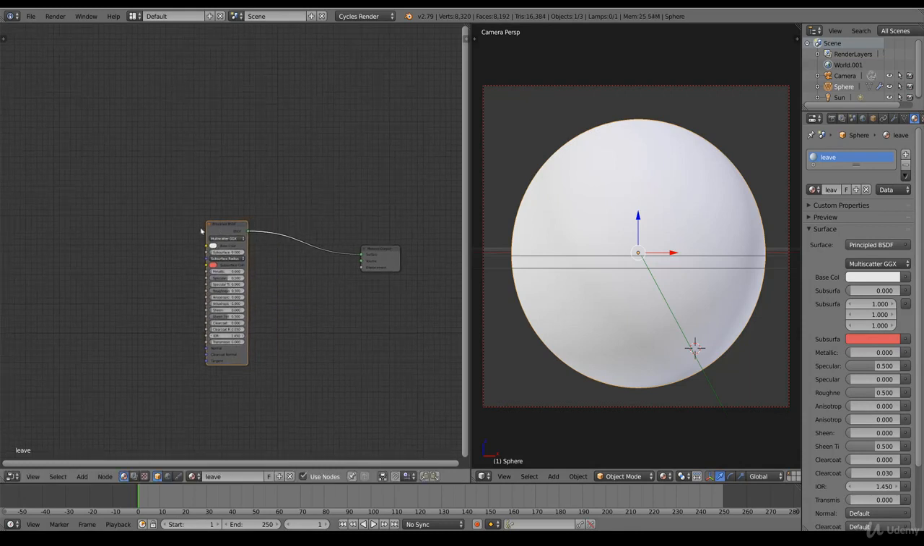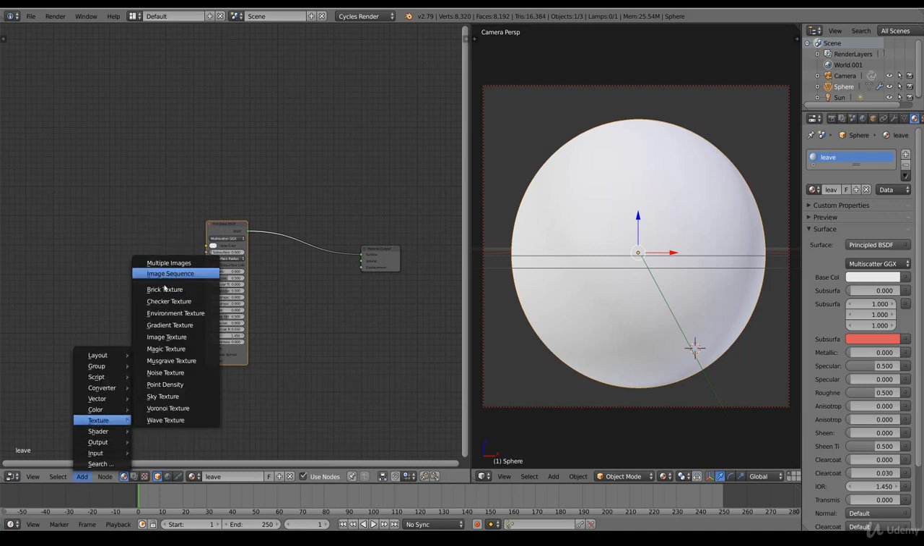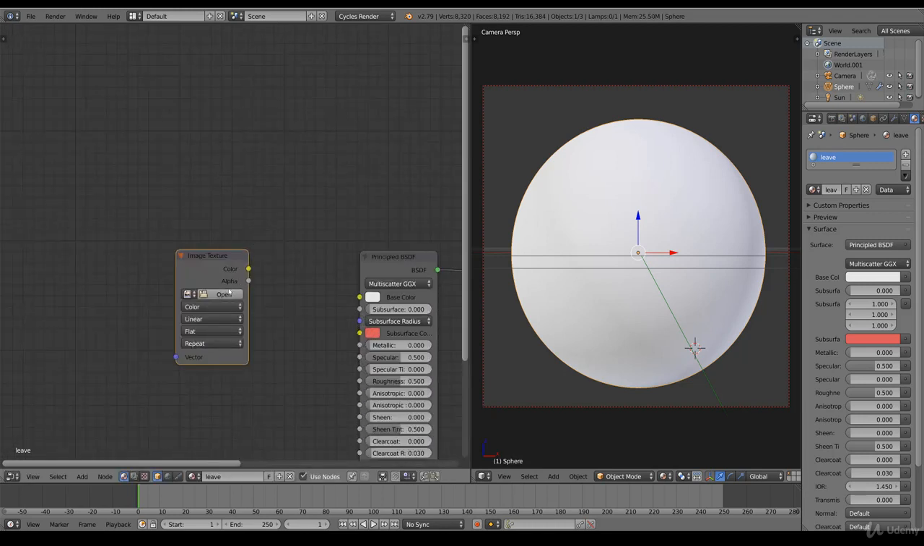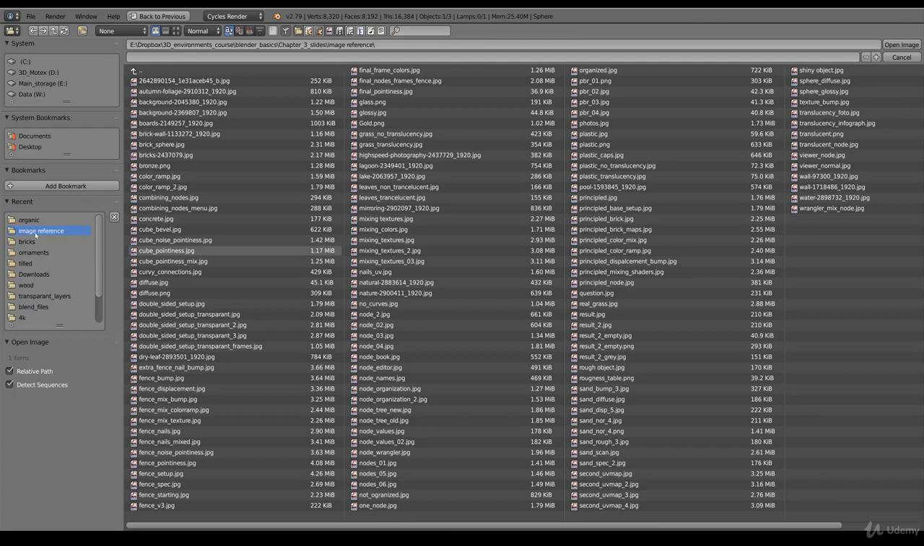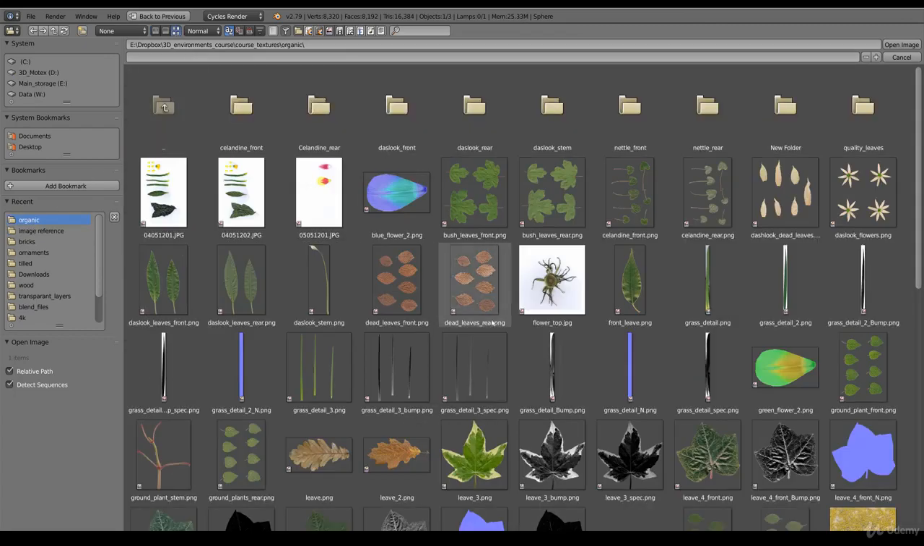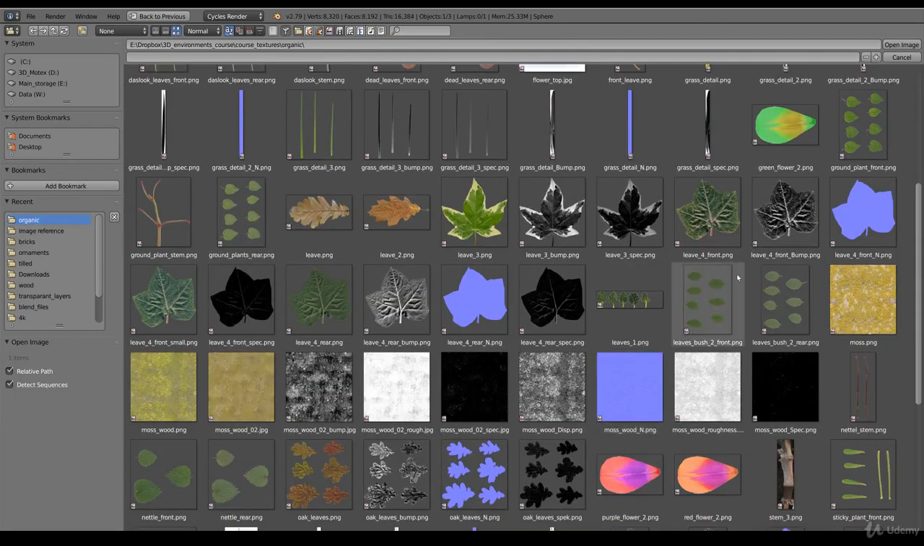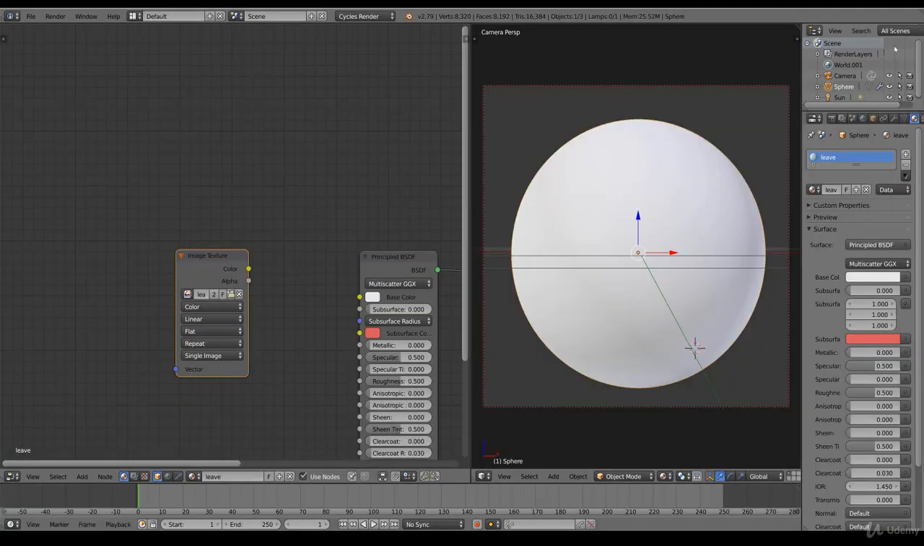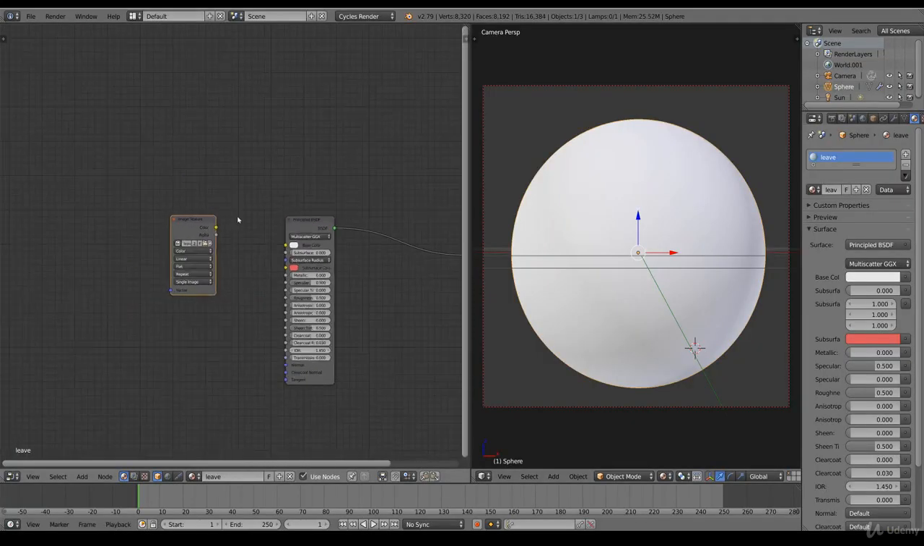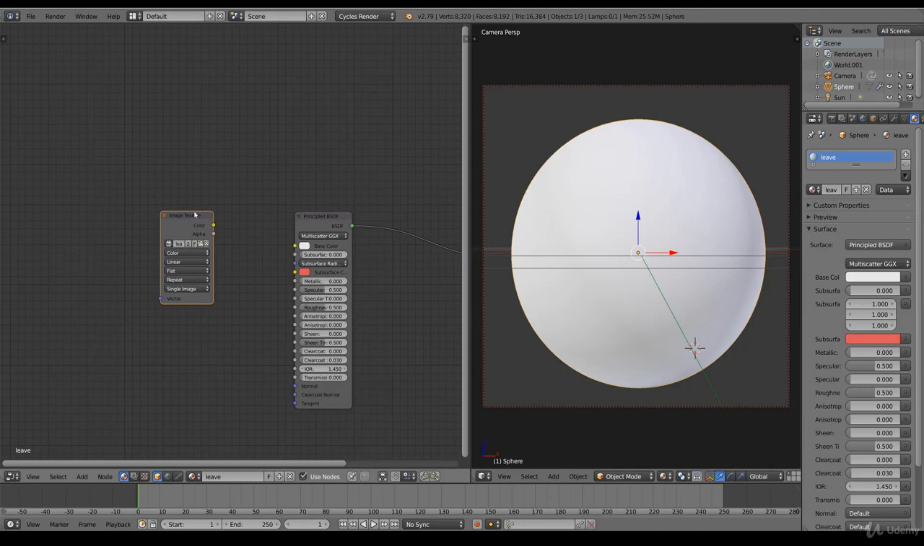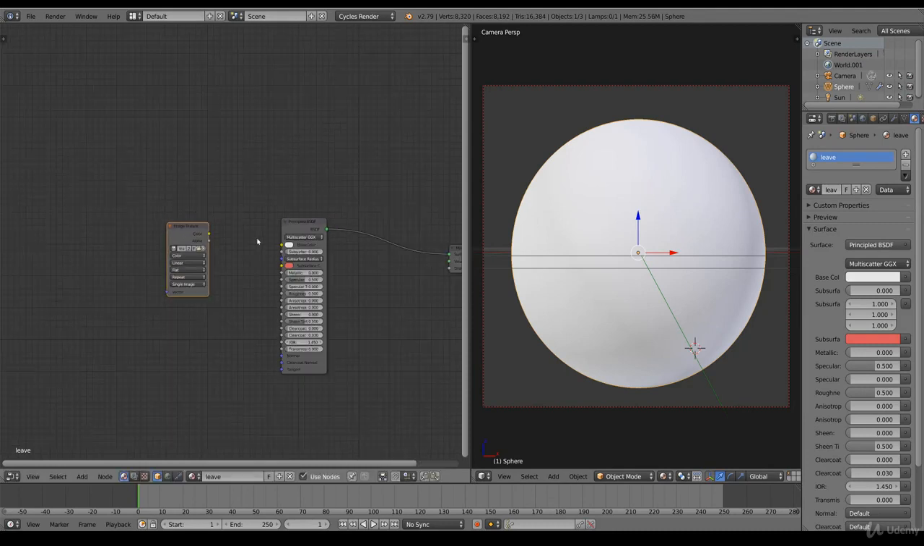So I want to add an image texture and start building the tree. So we start with add, texture, image texture, there it is, and we pick a leaf texture. So organic, and you'll find this in the course lecture download, yes, there it is. Okay,